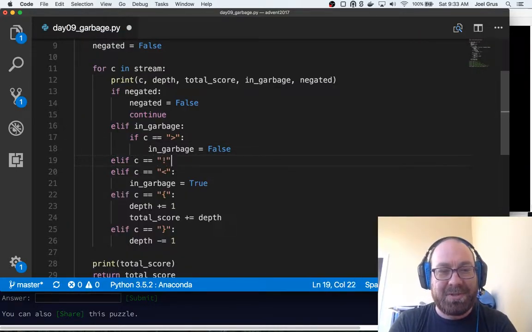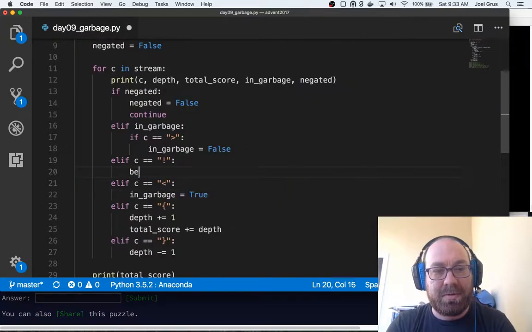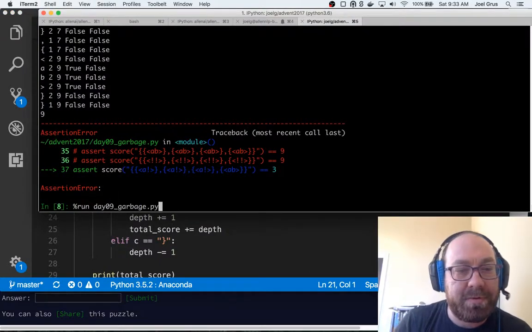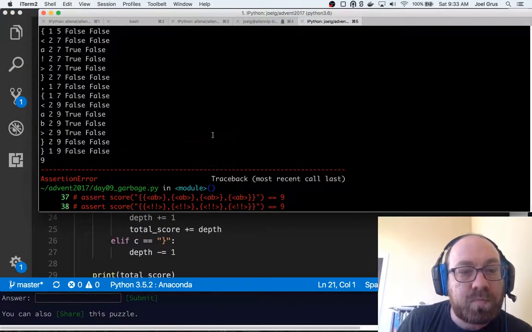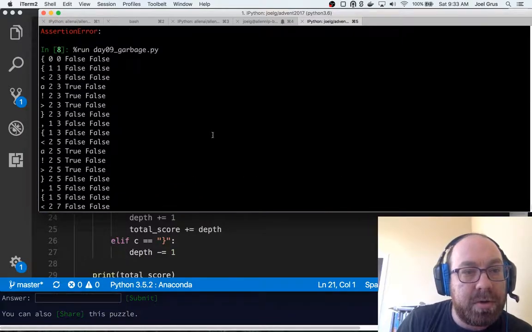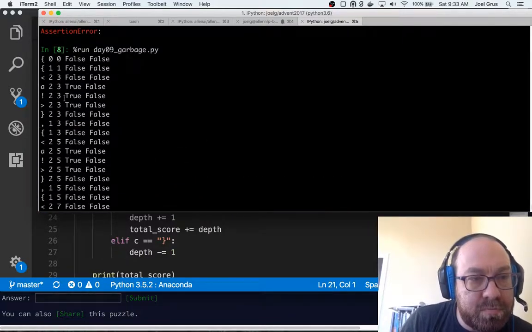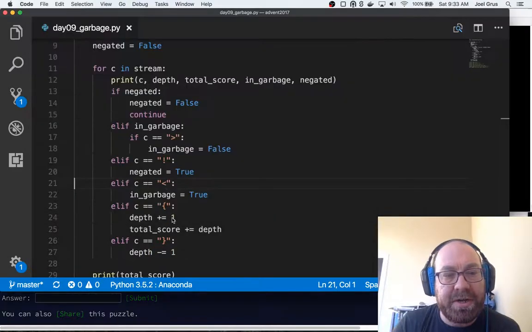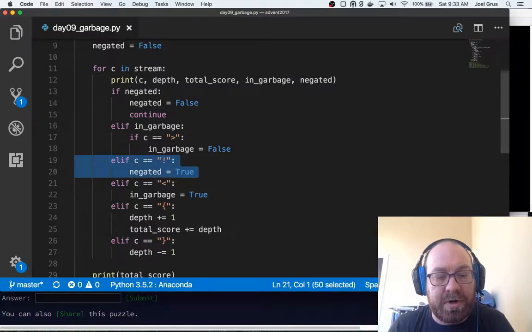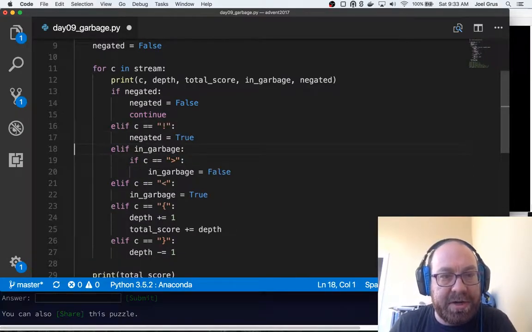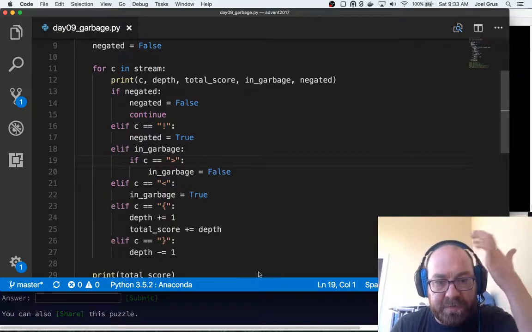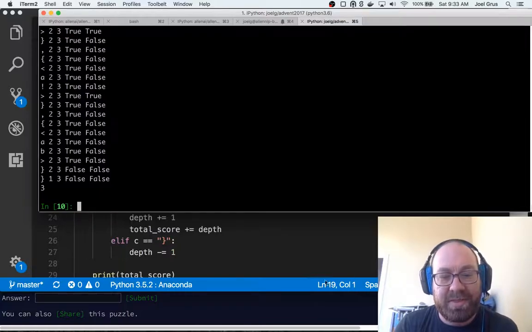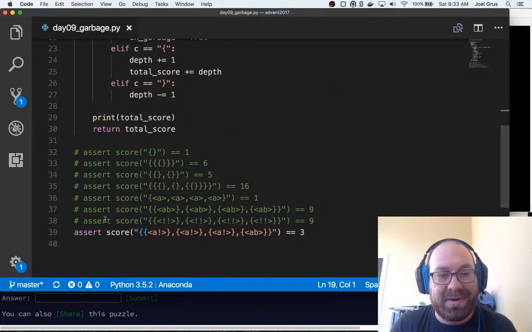Boy, I missed a bunch of cases here, huh? That's real sloppy on my part. Good thing I wrote all these tests. But it still doesn't work. Because I can negate things inside garbage, I should have that negated check before I check for in garbage, and now it works. Okay, but that was a lot of screw ups.